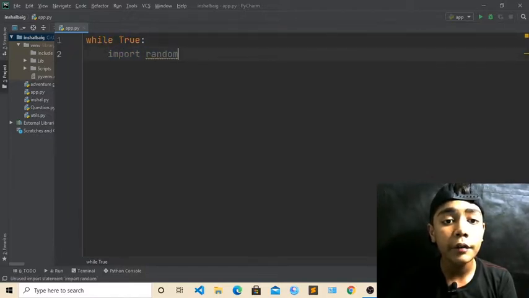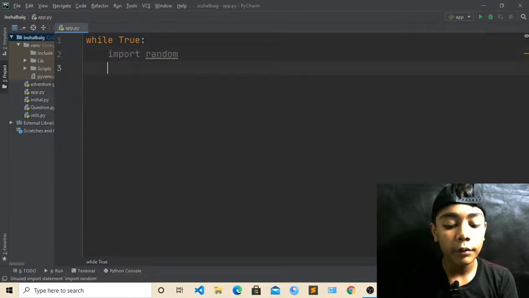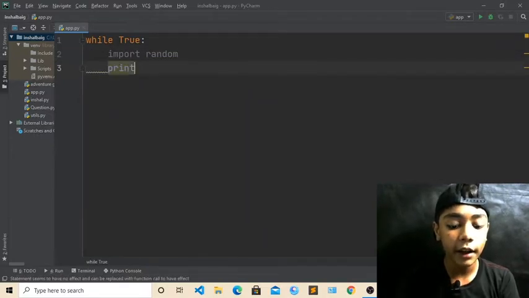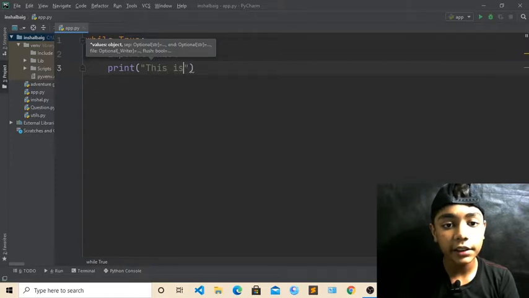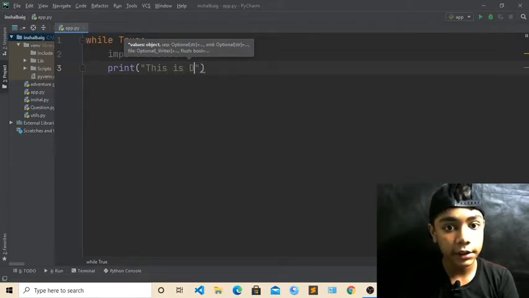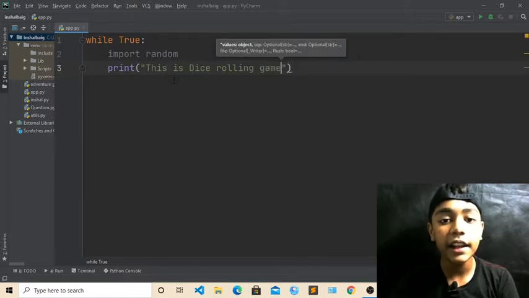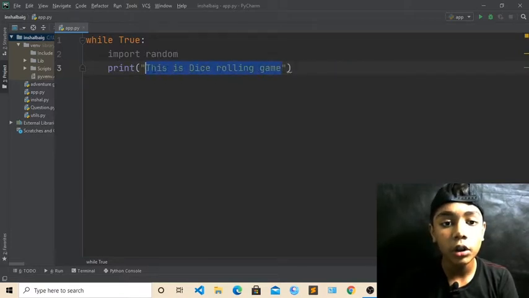Now, when we have written import random, we have to write two print statements. First, in this print we will define what our game is about, so we will write: this is dice rolling game. It will first say that this is a dice rolling game.